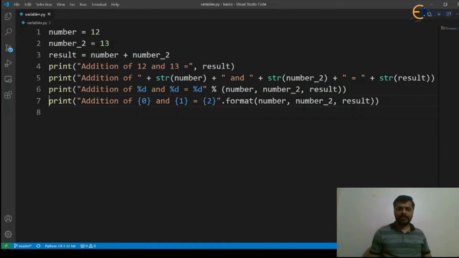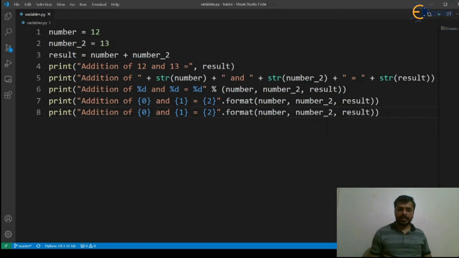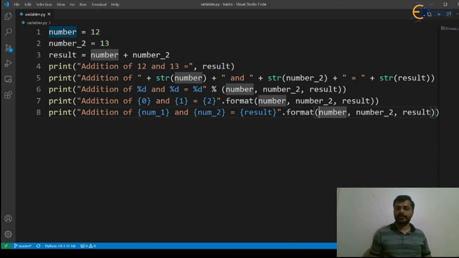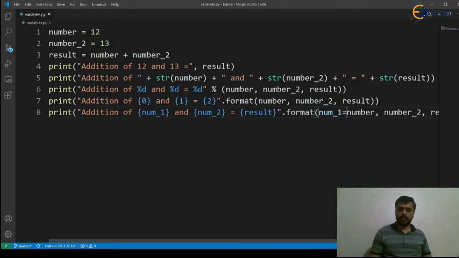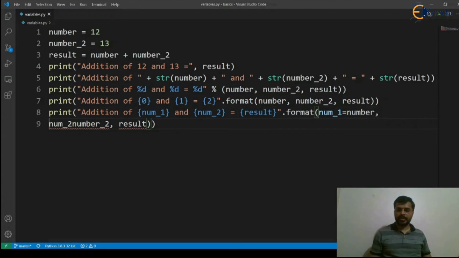Now let's see another way of using the format function. So let's say I'll copy and paste it. Same way. Now let me change these indexes with the labels. So labels are nothing but another name that you give inside a string, which you will be using to replace, or you can say that you will be using them as a replacement pattern. So let's name it as result, num_1 equal to num_2. Let's take it on the next line. Give a space